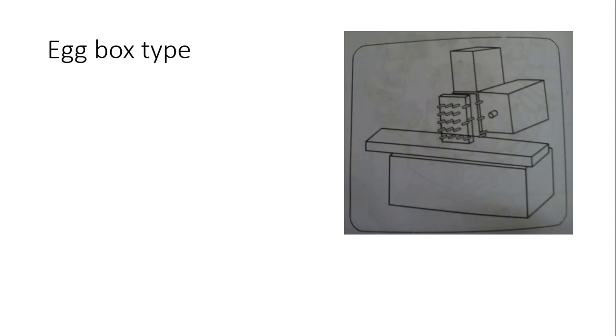Next is your egg box type. This is a very rare type of tool magazine used in CNC machines, because in this the searching is comparatively very difficult. Secondly, fewer tools are used. In this case, you can see how eggs are placed in a box. Similarly, tools are placed 1, 2, 3, 4, 5, 6 in a matrix form. Whenever tools are placed in a matrix form, it is very difficult to identify which row and which column is to be taken out here. So it is used very rarely, but yes, it is a type of magazine. Correct. So these are the 4 types of magazines used in CNC machines.